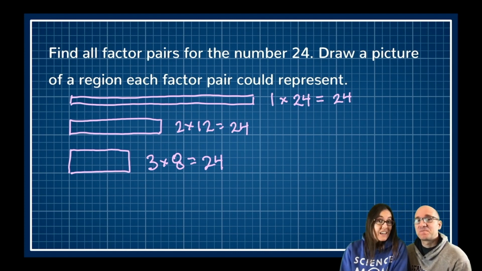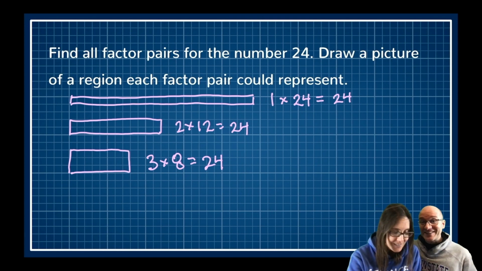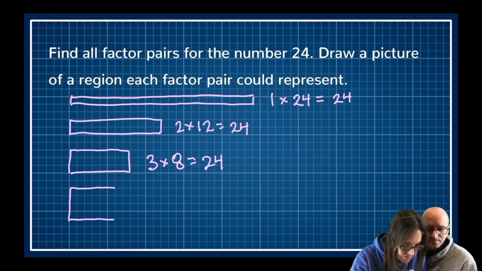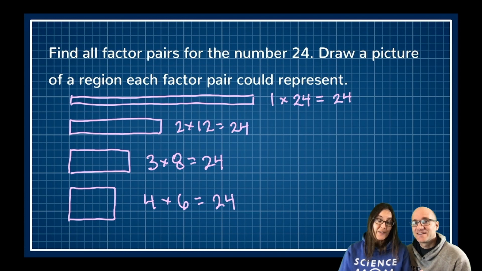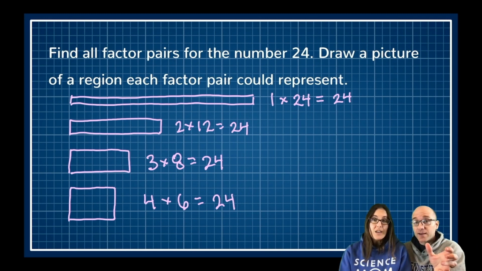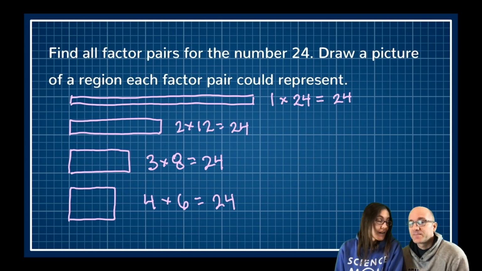Good job. And then the question that I'm going to be getting to pretty soon is, when do I know I'm done? And I think I know I'm done when I get as close to a square as I can be with my box. That's exactly right, Science Mom. 4 times 6 is 24, and then if I want to make my rectangle narrower, I'm just going to reverse and go the other direction. 6 times 4. That's like rotating the box onto its side. Yeah. I like it. And so I know that I did all of them because I got as close to a square as I could.